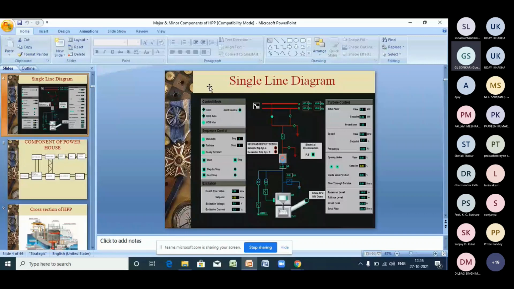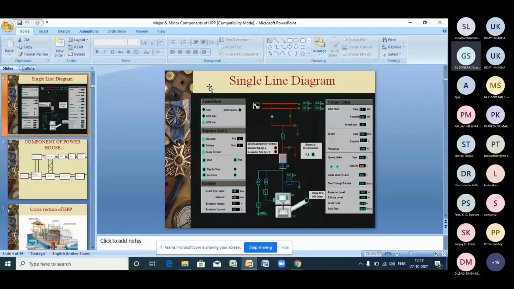This is the condition where your machine is ready to start. One button is glowing green. It will be green when the starting conditions or pre-check conditions of the turbine generator set are fulfilled. If you have not noticed the green ready-to-start button, your machine will not take any commands. Then you see start, stop, step by step method, next step method. Then there are some set points and your measured values.